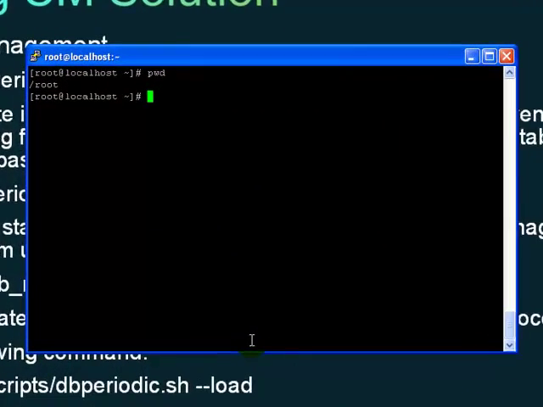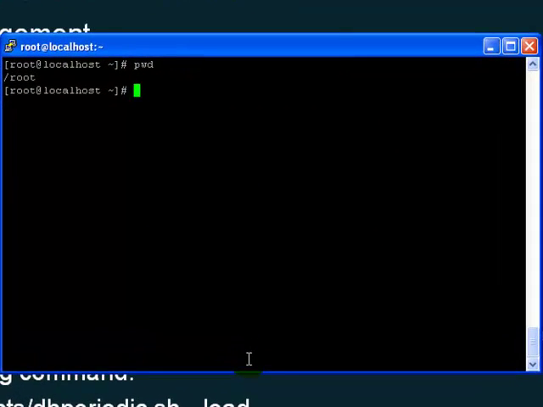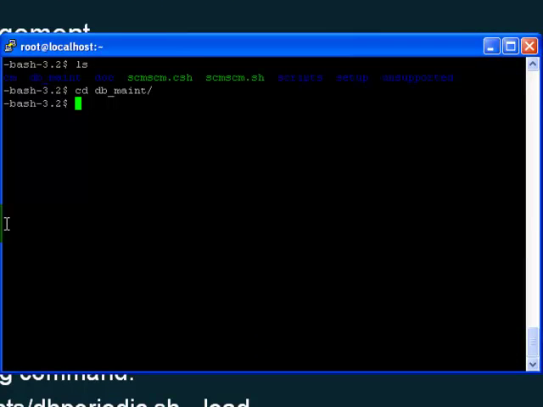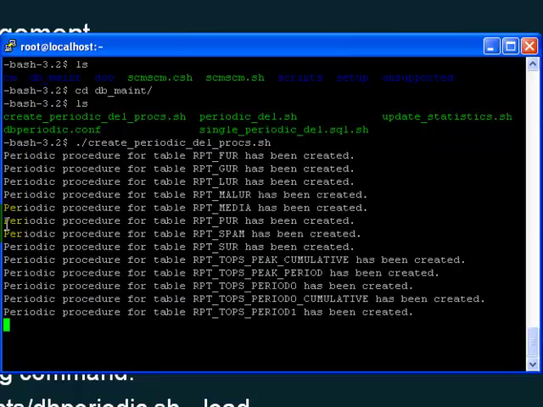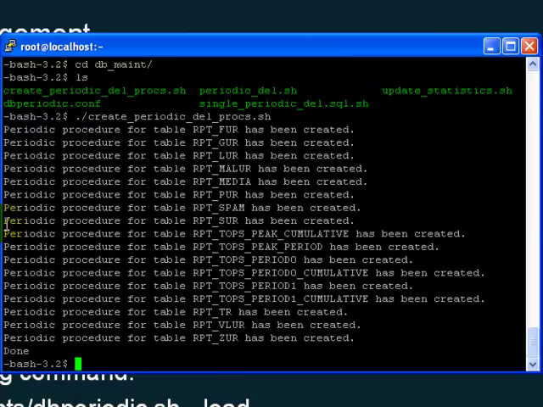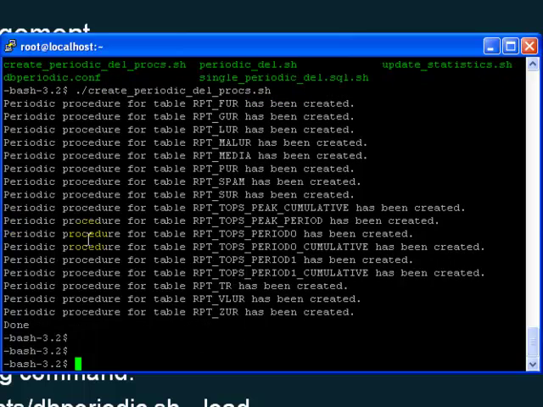To activate periodic delete, you need to be in the SCM user or the CM user. Once you're logged in to the SCM user, you will see a dbmaint folder. Under the dbmaint folder, you will have the create periodic.proc script. We need to go ahead and run that. So we run that, and it automatically is going to create a periodic delete procedure for each